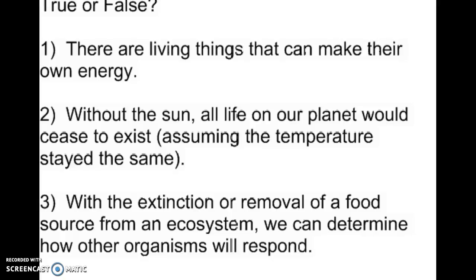You do have these in here. Obviously, you're not being graded on these. This is more or less just answer these right now, see what you know right now, and then at the end of this, come back and double check your answers. Are they correct, or are there any that you want to change? So at this point, pause the video for a few moments, answer these questions as being true or false, and then you can proceed.